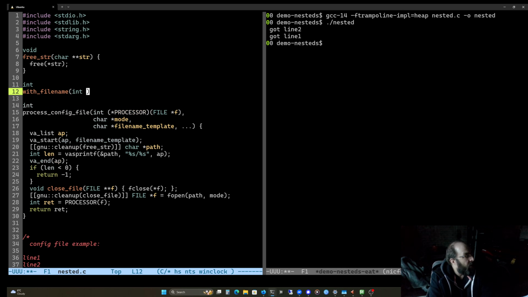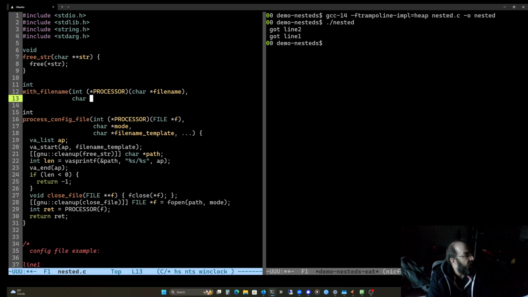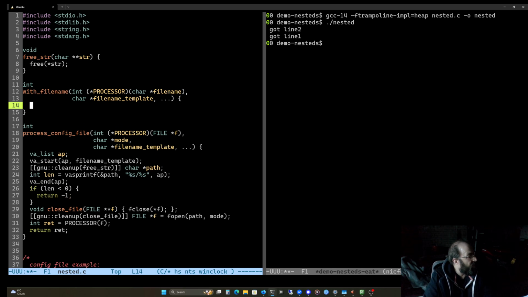So what if you wanted a very generic thing that takes a file name? Well, then we have a file name template and the VA stuff.